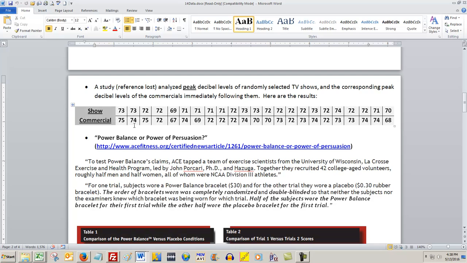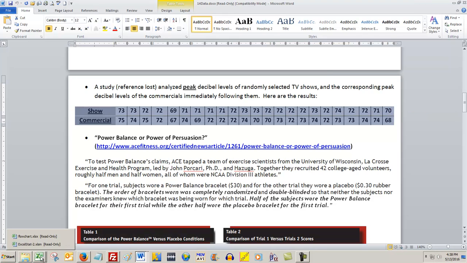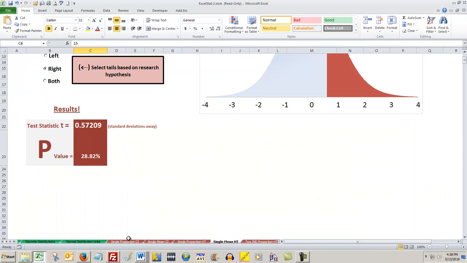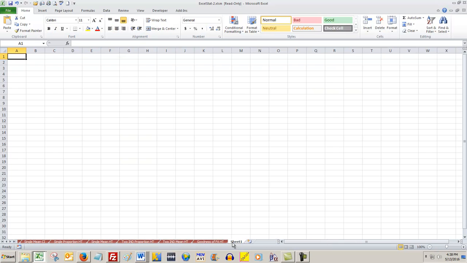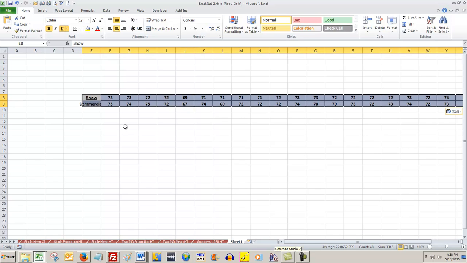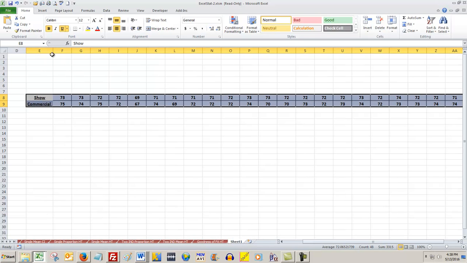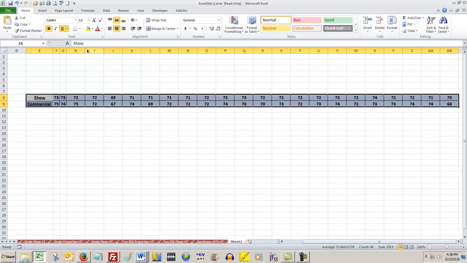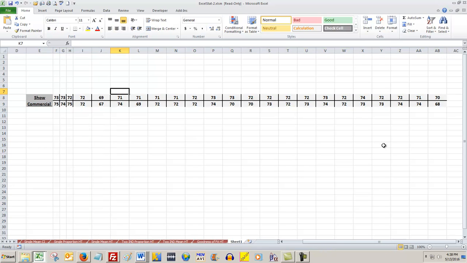So here's what I propose we do. I propose we copy this into a blank Excel sheet. We'll go to our Excel stat, and I'm just gonna create a new sheet at the end here. Okay, so a blank sheet. I'm going to paste the data in, and I think what we should do personally is, if I can shrink it down so it fits better. I thought you could do it all at once. Oh well, I guess you can. Anyway, there it is. I propose we click in this cell right here and do commercial minus show,